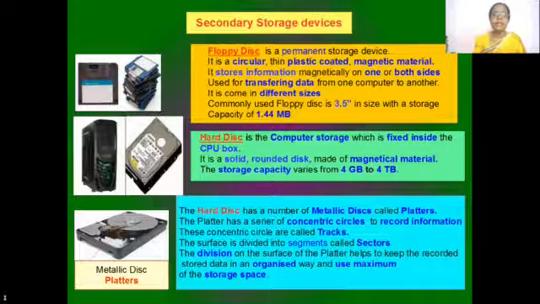Let's learn the memories in detail. This is the floppy disk. As I told you, this was the first type of storage device that we were using. It is a permanent storage device. It's a circular disk, plastic coated, but shaped like a square. Inside there is a circular plastic disk, and this plastic disk has magnetic material. As you record on this disk, the information is stored because of the magnet, on one side. Some floppy disks have both sides where you can store your information.